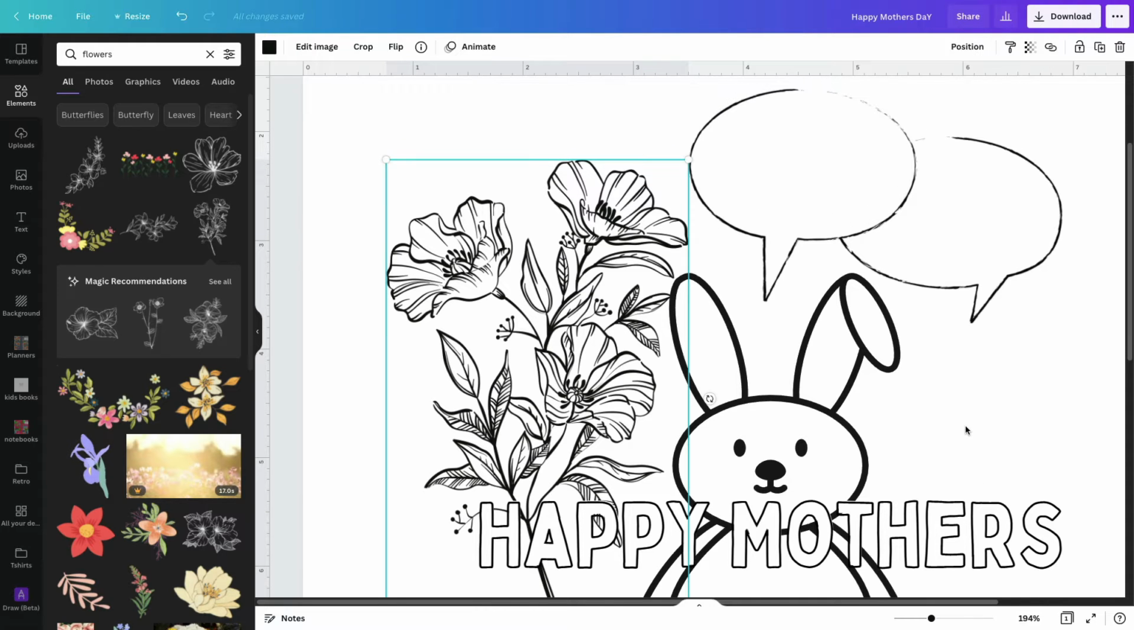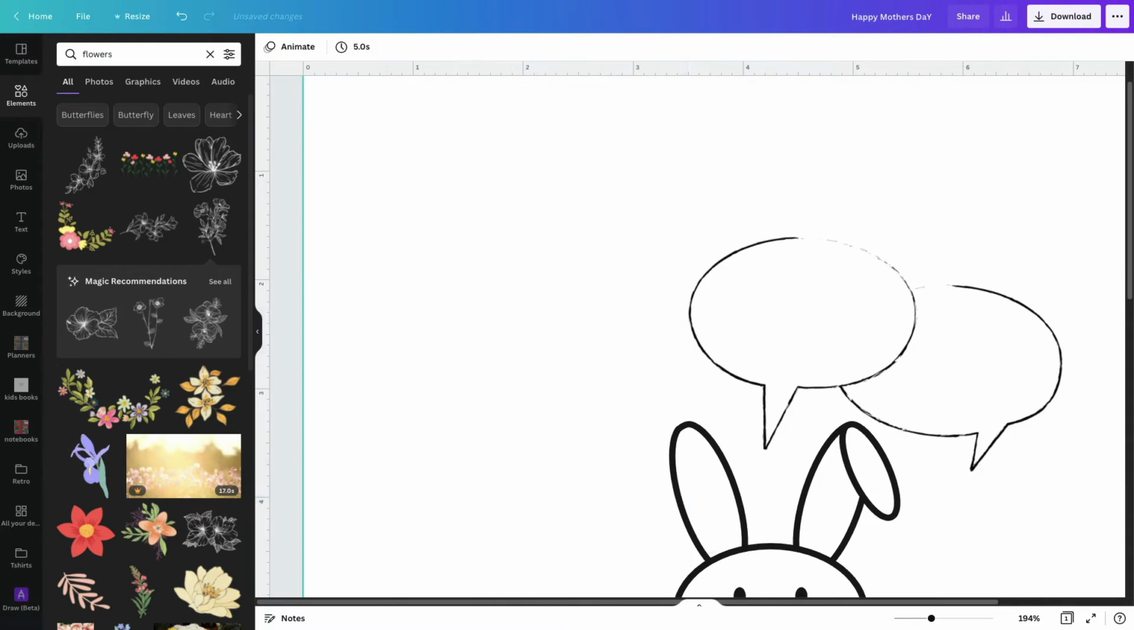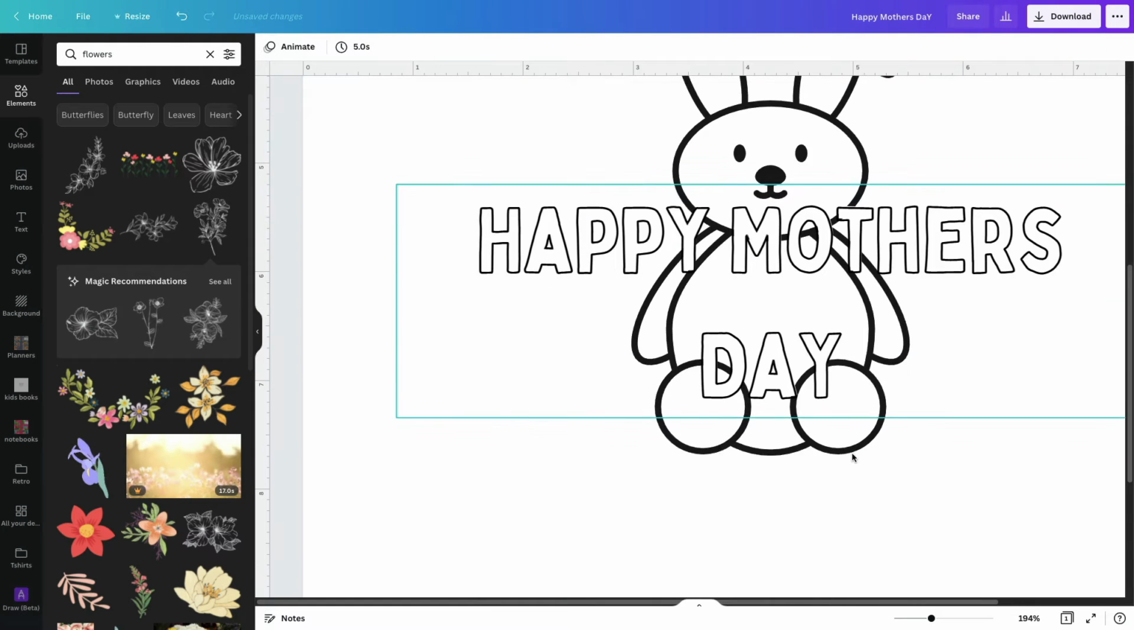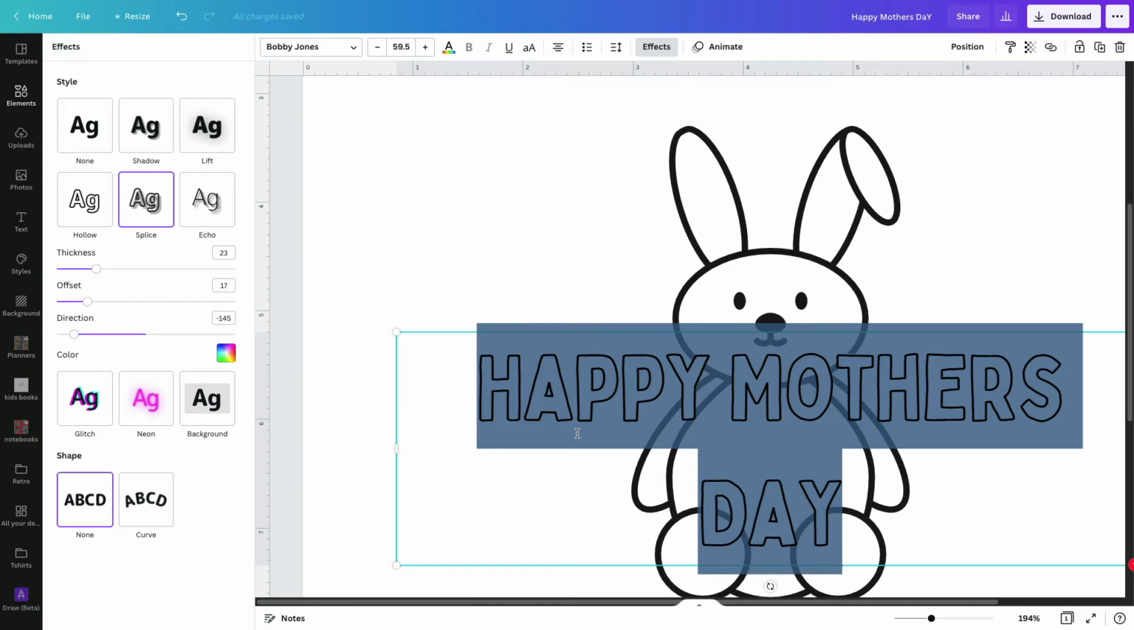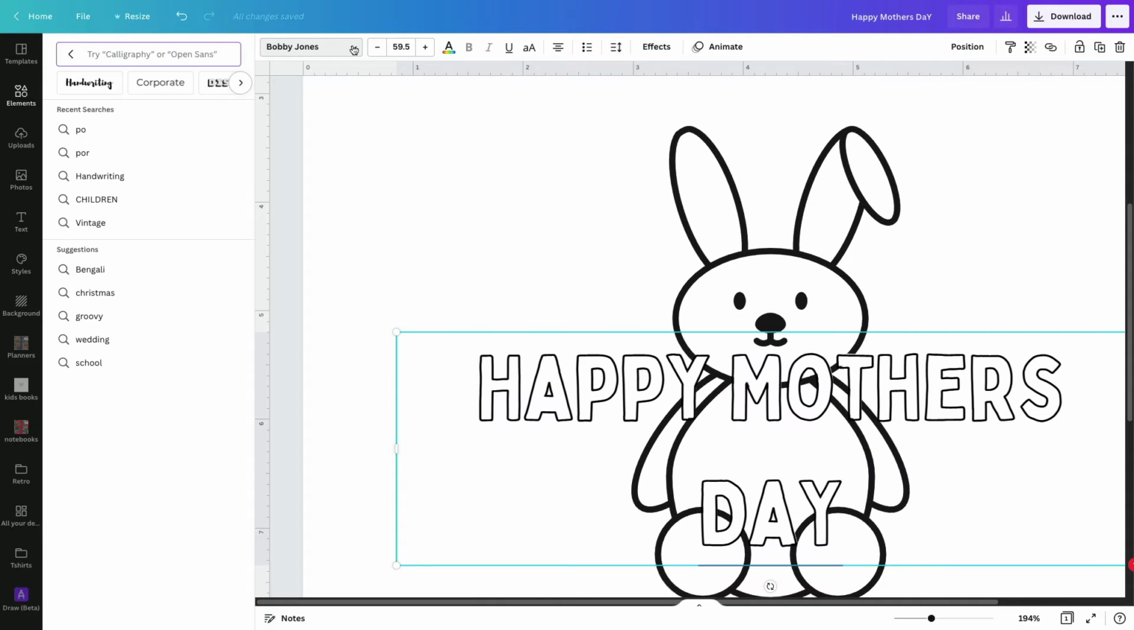Okay, so let me pull this back off of here. So that's a really easy, quick way to make your lettering for your coloring books. If you're doing any of those inspiration books or some type of book where you want letters on top of a graphic, this works really well. Let's try a couple different text. Let's see, I'm using Bobby Jones. I don't know if any of you guys remember Bobby Jones, but I do. He was one of the monkeys. So anyway, let's try,